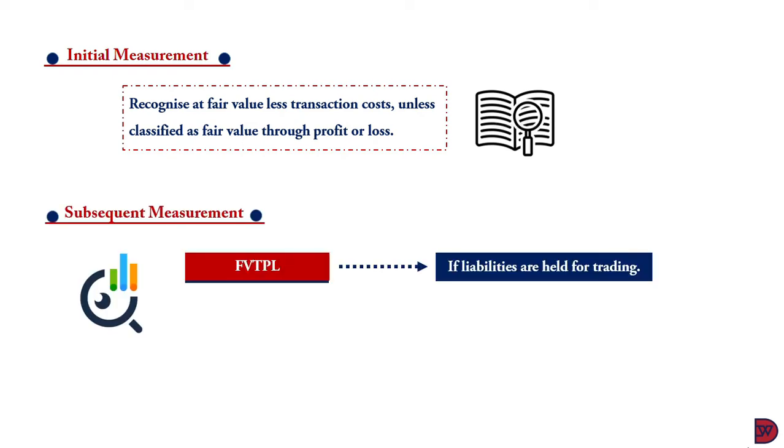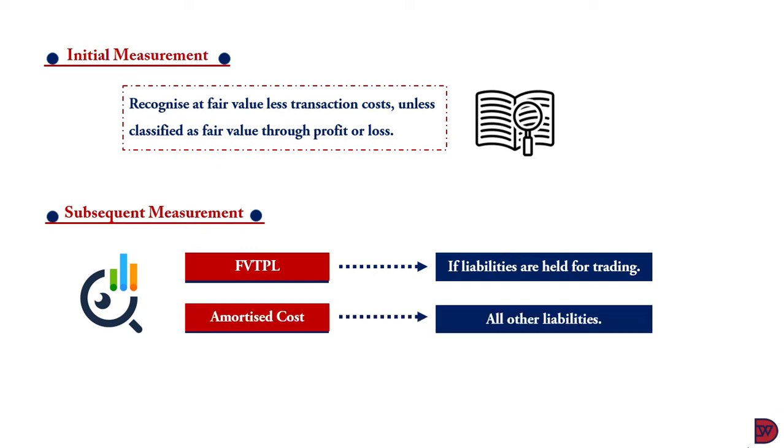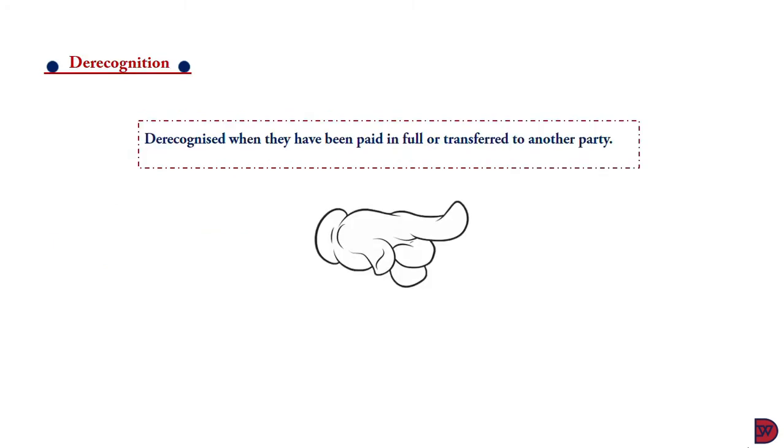Subsequently, if the liabilities are supposed to be held for trading, then they are supposed to be valued at fair value through profit or loss, and all other financial liabilities are measured at amortized cost unless the fair value option is applied. A financial liability should be removed from the balance sheet when and only when the contractual obligation is either discharged